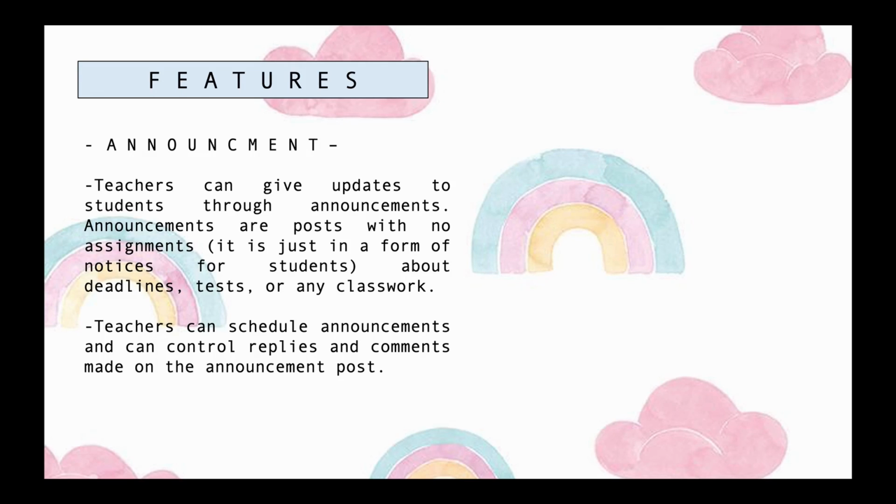Final feature is the announcement. Teachers can give updates to students through announcements. Announcements are posted with no assignment. It is just a form of notice for students about deadlines, tests, or any classwork. So this is important as a reminder for students about the deadlines for assignments and